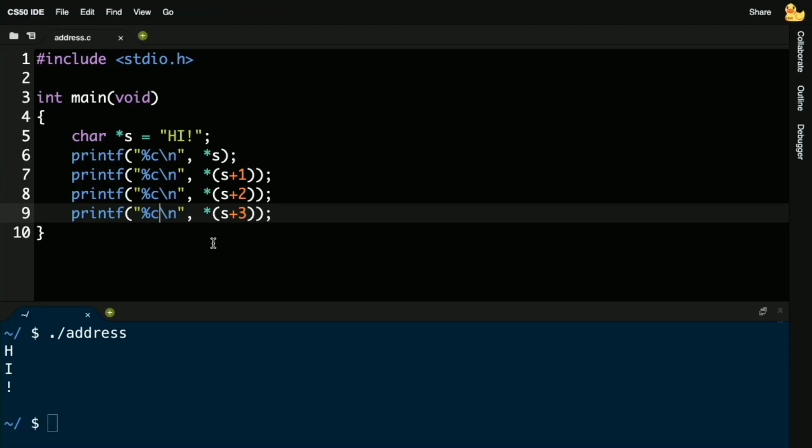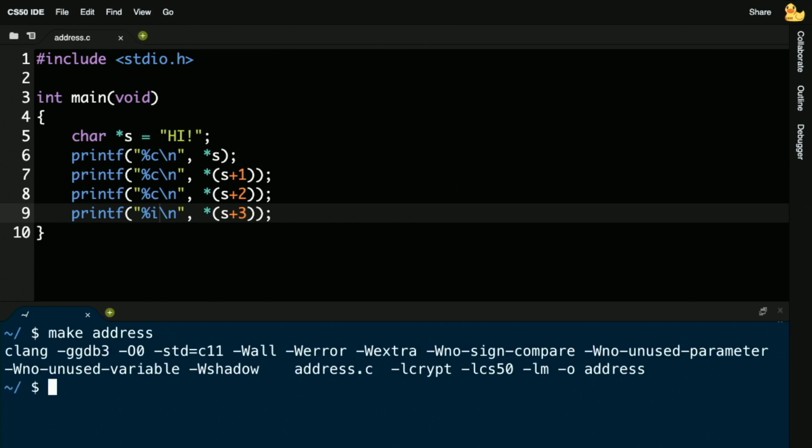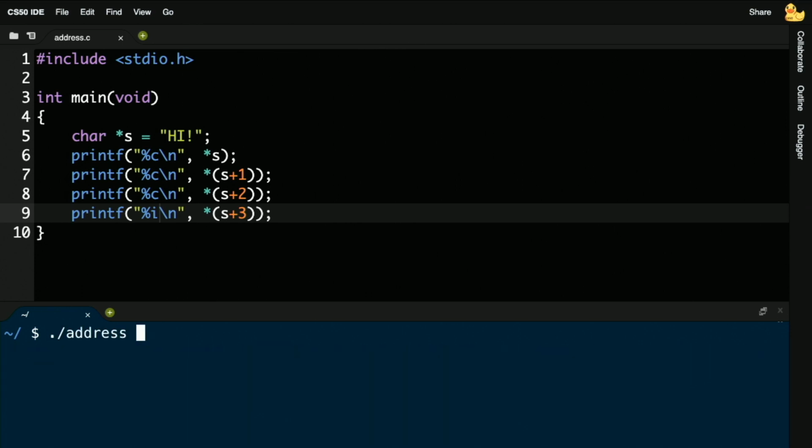Honestly, it's not meant to be a printable character. It's this special sentinel value that indicates the end of the string. But I could do this. I know from week 2 that chars are integers and integers are chars, if I want to think of them that way. So let me change only the very last character to use the format code %i. Let me recompile my code. Let me go ahead and run address, and voila, hi exclamation point 0. And there is the all 0 bits represented here as one single decimal digit, thanks to %i.